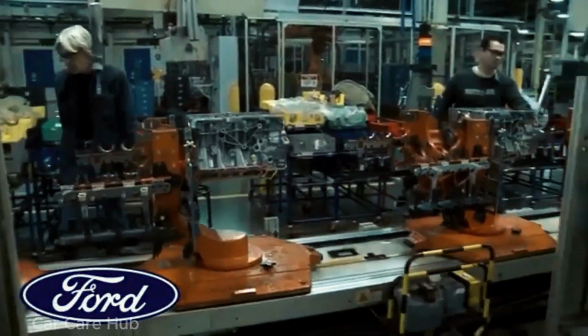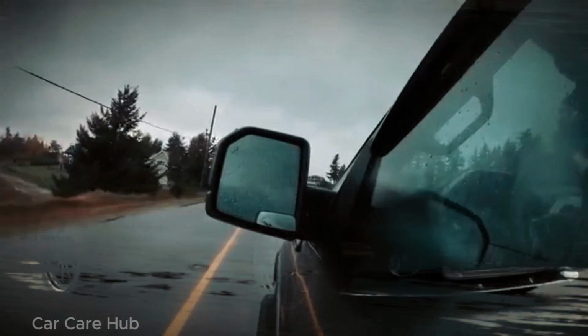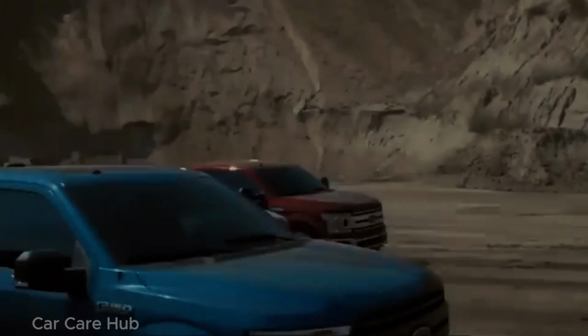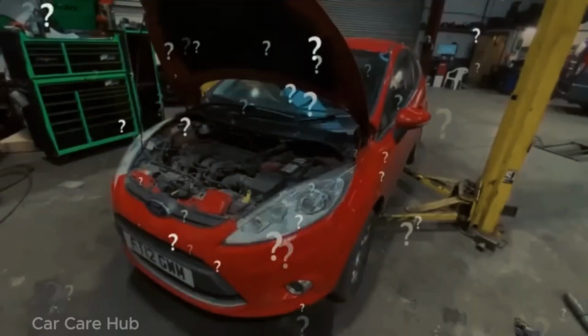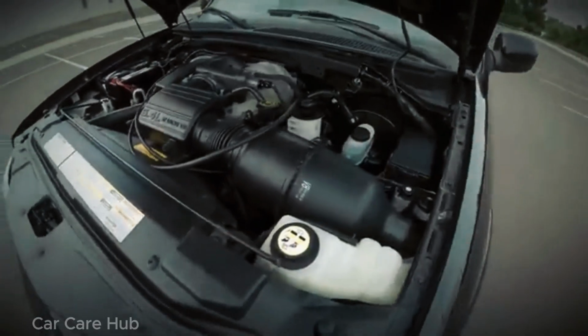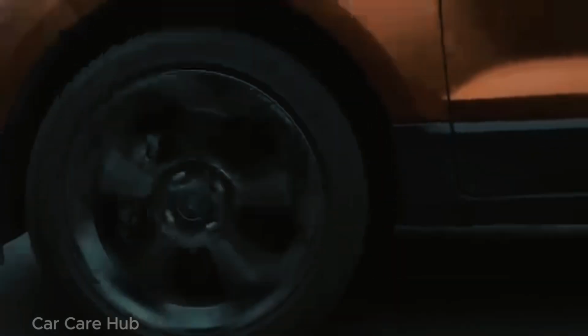Ford engines are the muscle behind America's roads. Machines that built skylines, crossed deserts, hauled families, and carved tire marks into history. But here's the truth nobody likes to admit. Not every Ford engine deserves that glory. Some cost owners thousands, others failed long before their time, and one in particular turned loyal Ford fans into lifelong